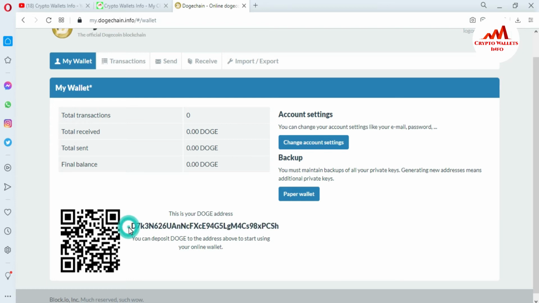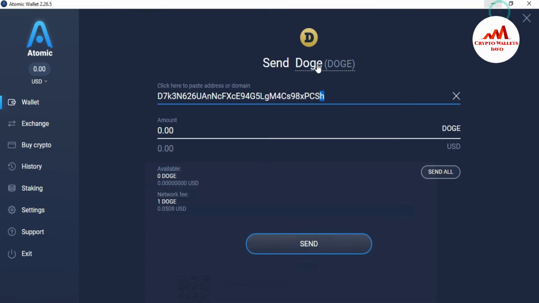You can see here the first two digits are D7 and the last are SH, which means I have successfully pasted my wallet address here. Now I am going to enter the amount I want to deposit in my Dogecoin wallet. Suppose I want to deposit 1000 Dogecoin, and it is automatically converted and shown in USDT as 50 USDT, but you can see the machine shows insufficient balance.